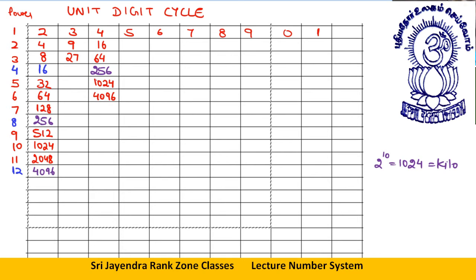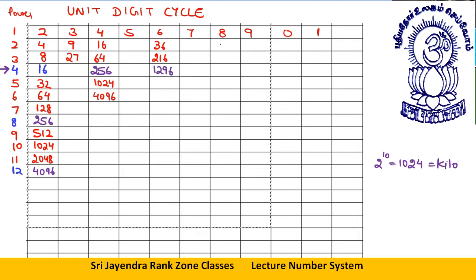The main thing which I wanted to tell you is, for any even number which has a power 4, the unit digit is 6. Let me show you. 6 raised to power 1 is 6, 6 raised to power 2 is 36, 6 raised to power 3 is 216, 6 raised to power 4 is 1296. Again, when the power is 4, just mark it. When the power is 4, you will get a 6 as the unit digit.